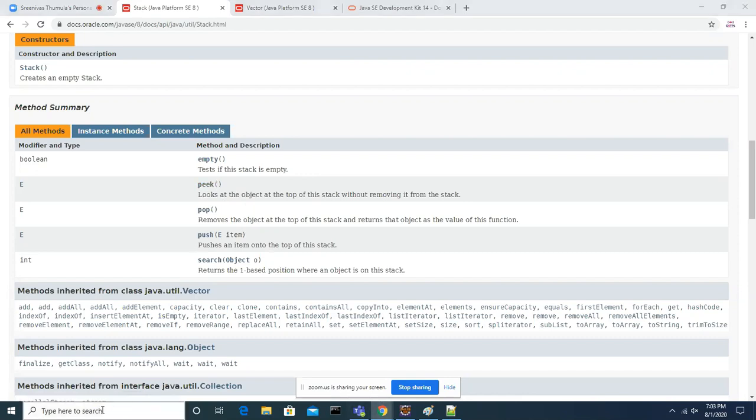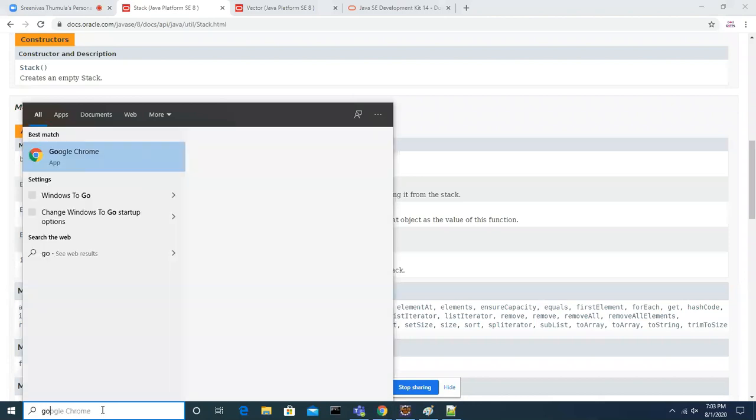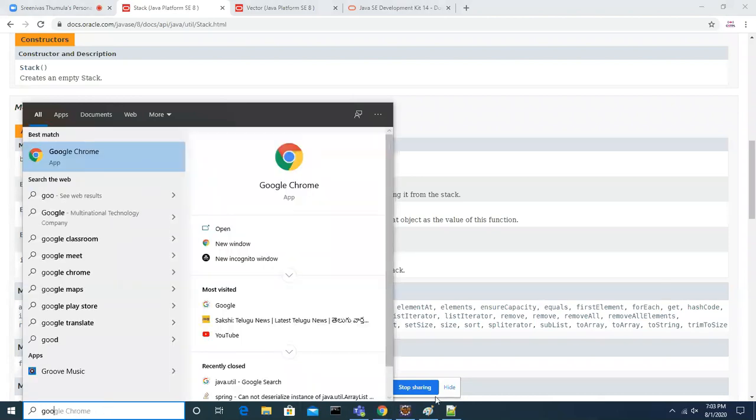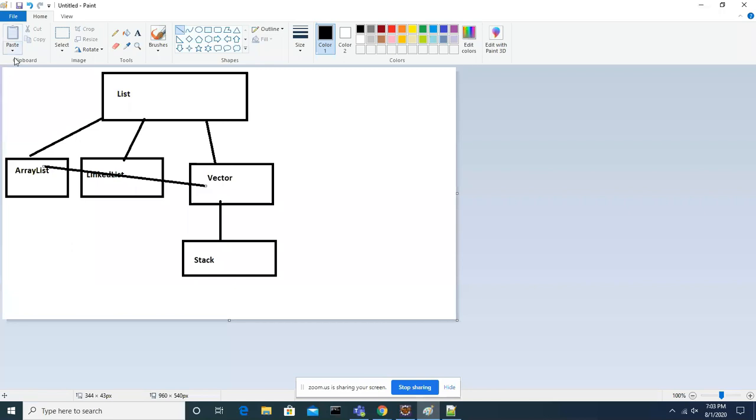Let me talk about a simple architecture. You guys already know what a stack is, I don't need to explain more. What is stack architecture? Have you heard of it earlier? You haven't heard about it?